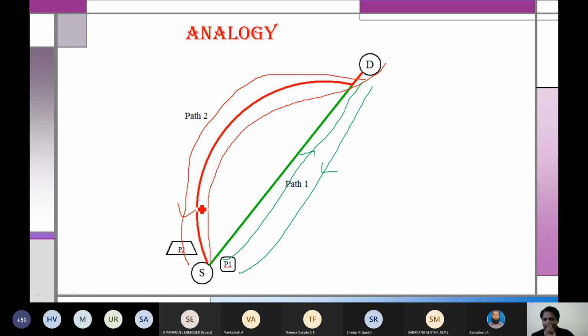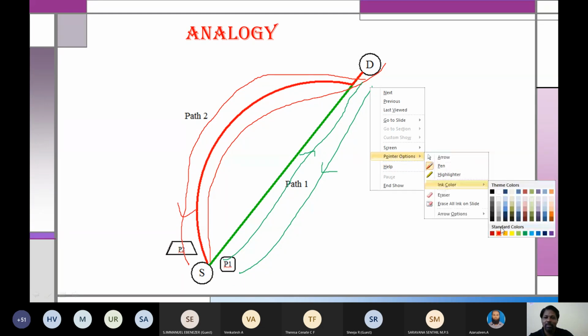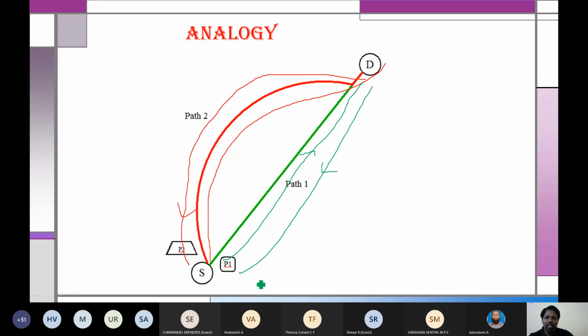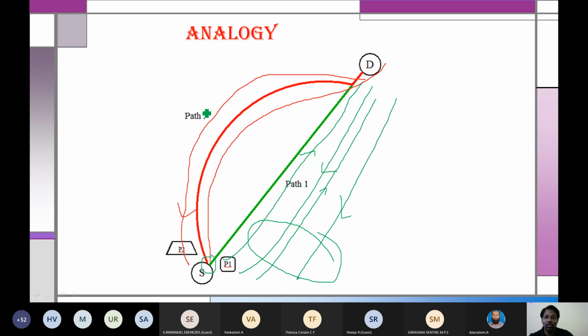But what will happen is that before this person returns to the source, the first person would have completed one more round, because that is the shortest path. So again, when the second person is coming here, he can understand that he has 4 here and only 2 here. So now also you can understand that path 1 is short.